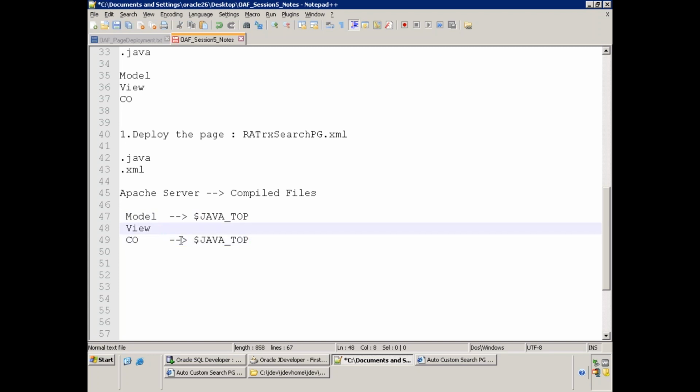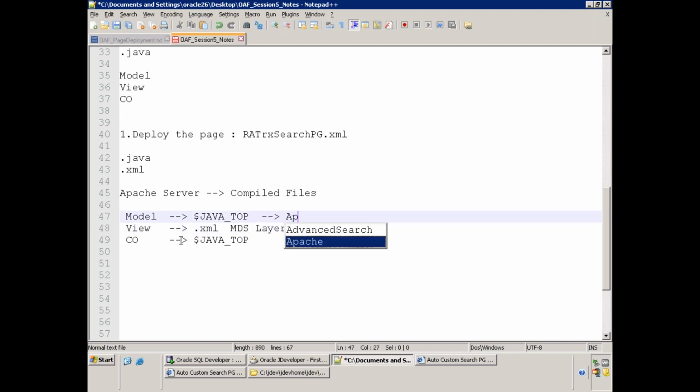And any file in the view layer, generally in the view layer you'll have only .xml files. This one we have to move to the MDS layer, which is nothing but the database. Okay. Java top is in the application server, isn't it? Yes. The view layer will have .xml files that we have to deploy to the database. And the remaining files in the model layer or CO, simply move them to